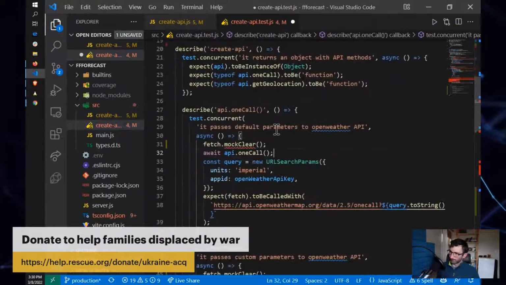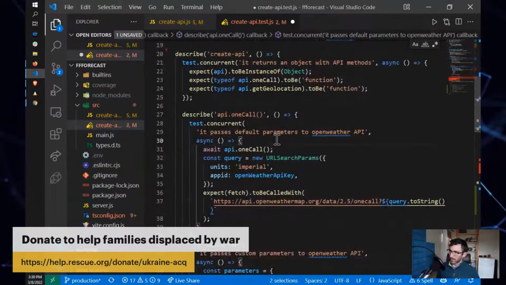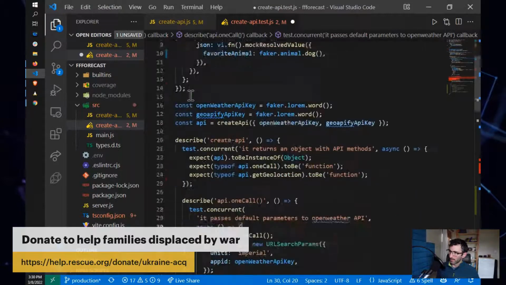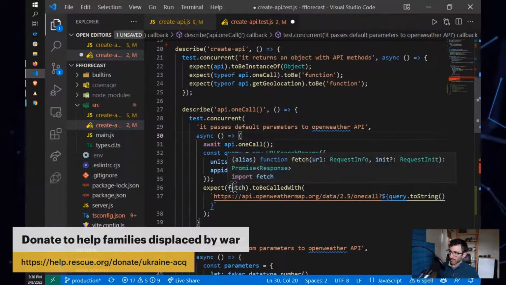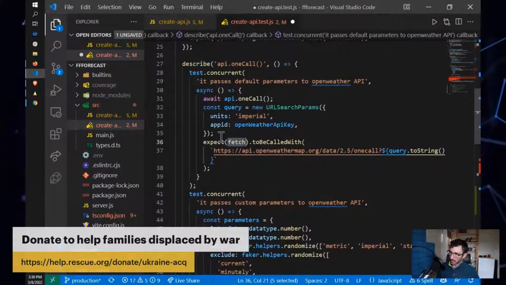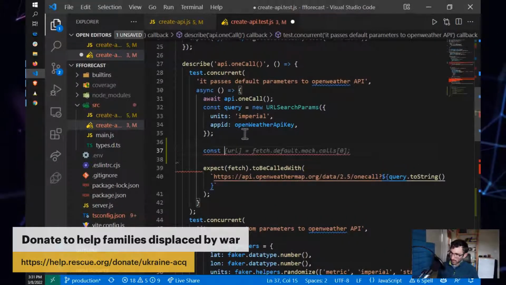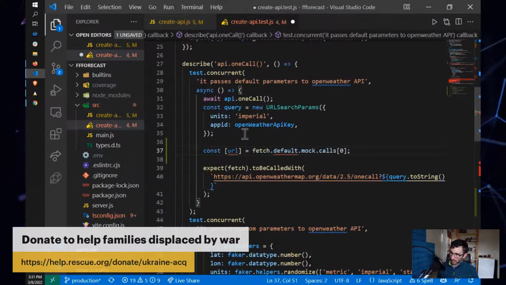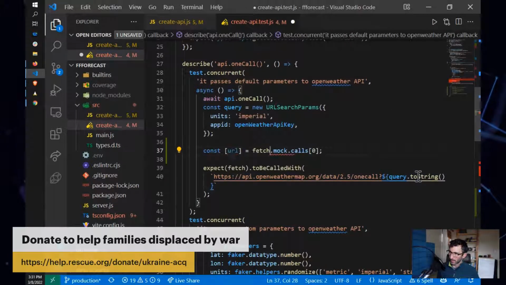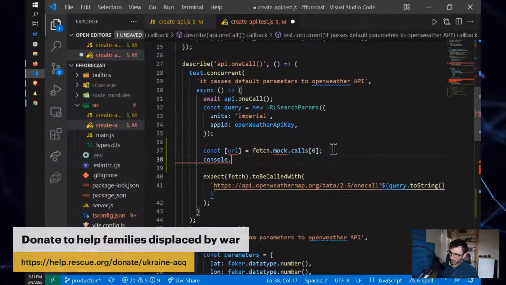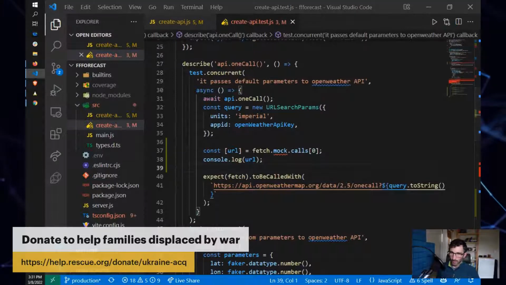Well, I guess I can try this. I have one more idea. Instead of mocking it, I'm just going to let this fetch API run, and I'm going to say const fetch.mock.calls at 0. Let's console log the URL. So what I'm going to do,